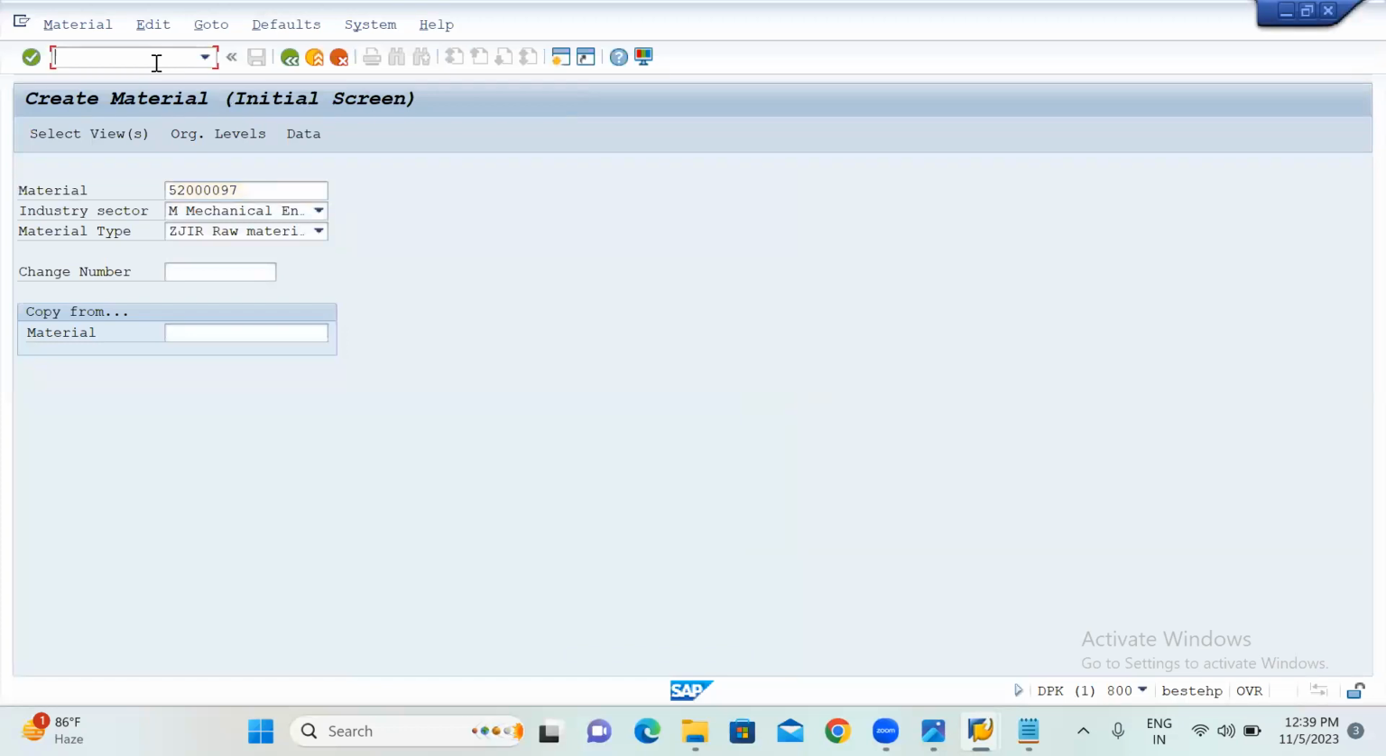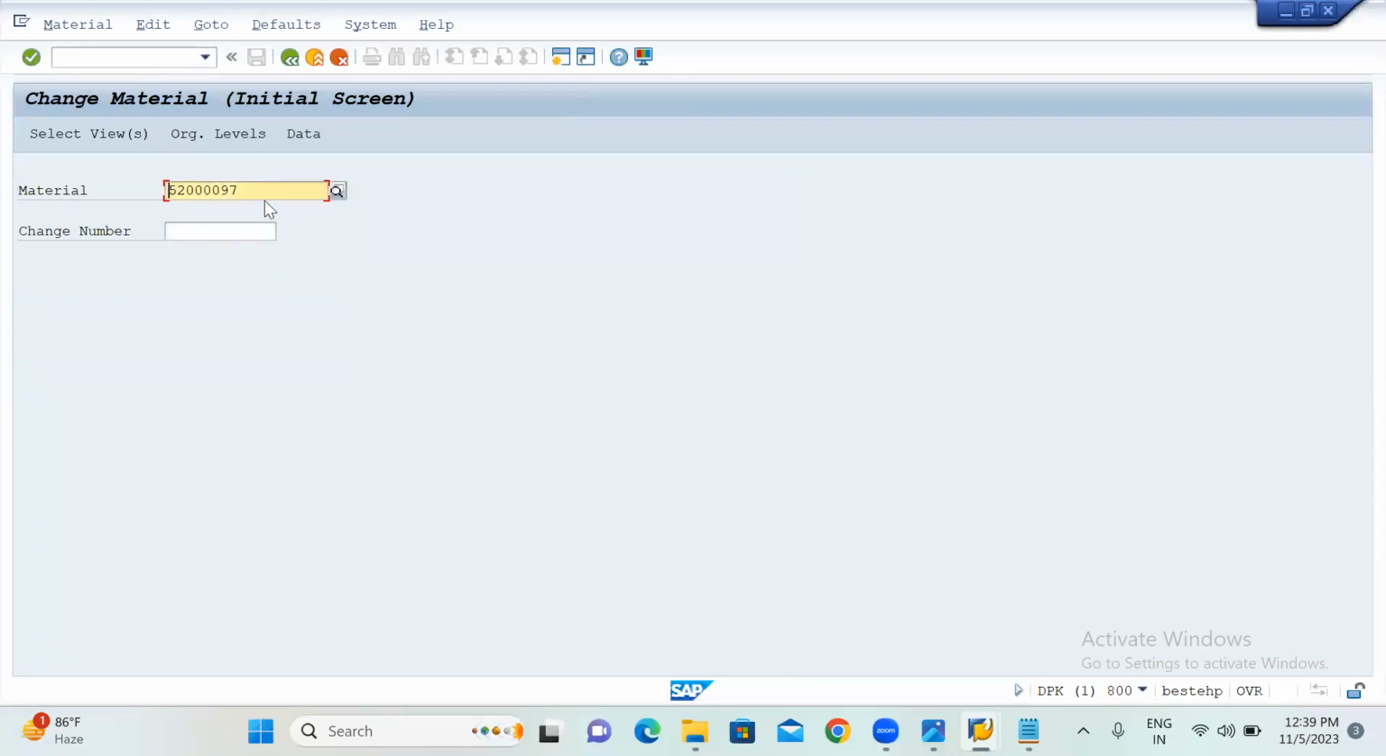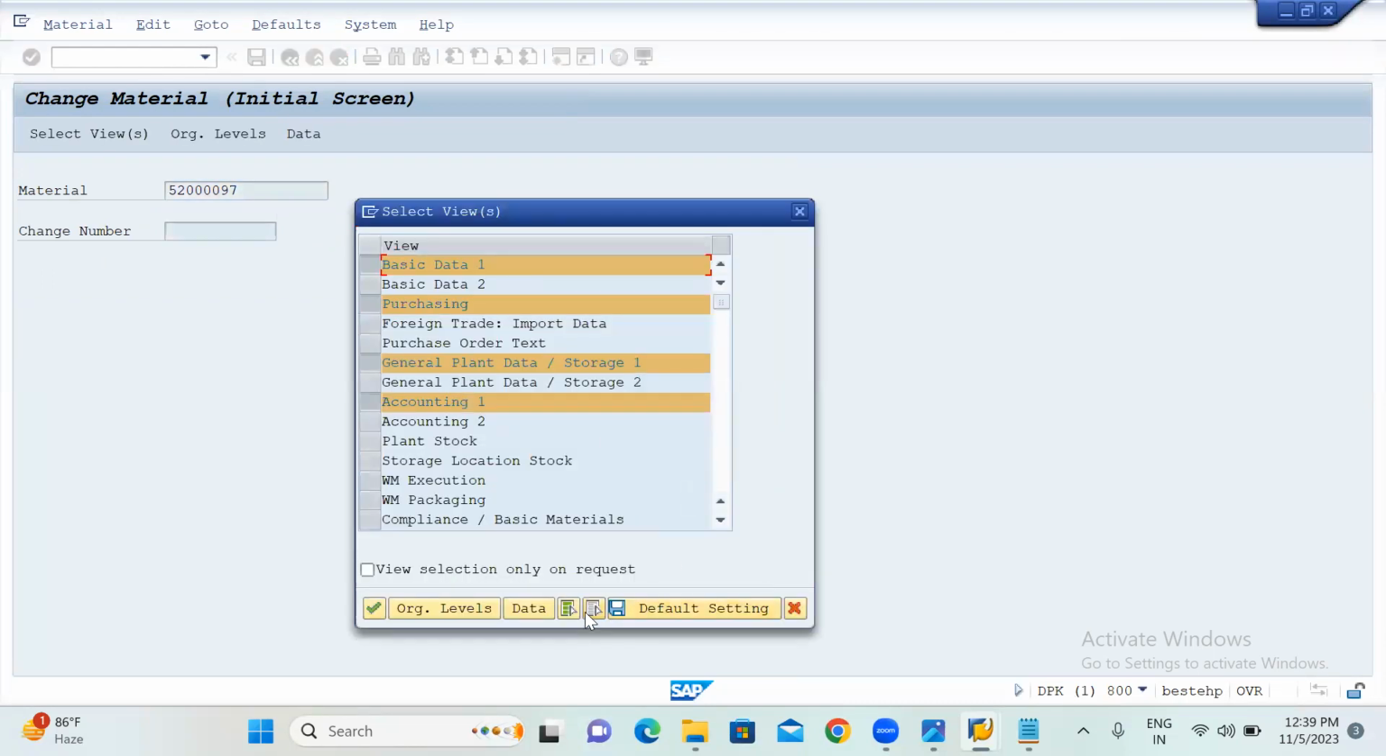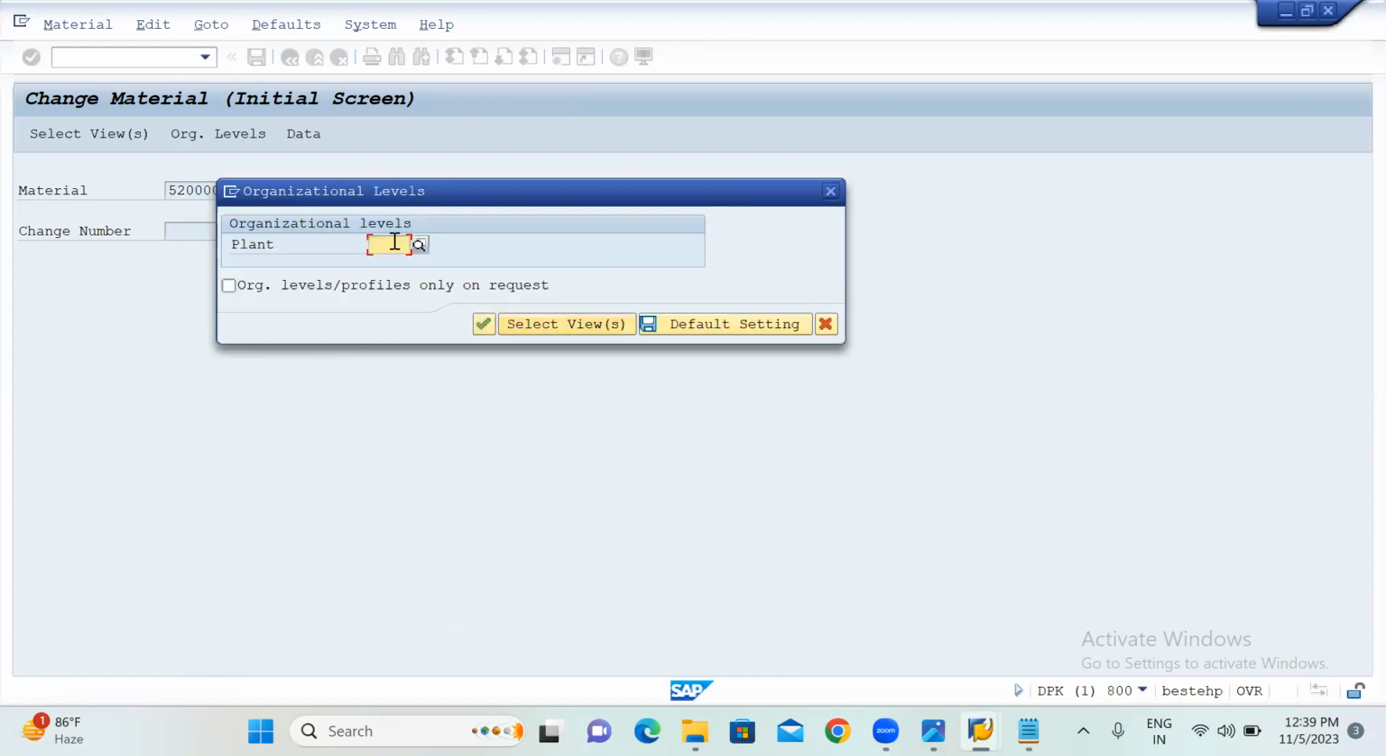So I have to go for MM02, click enter. Select all, and select only the purchasing data, put the organization level